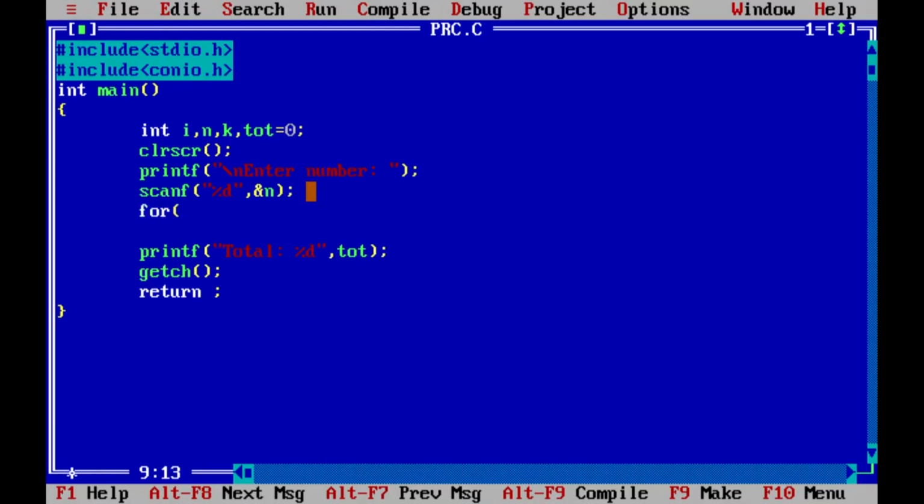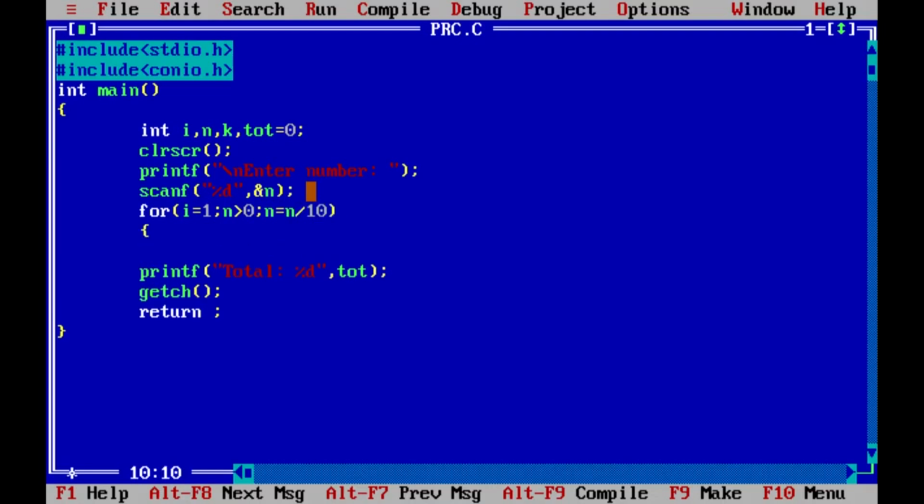For I, we will initialize the I value with 1. Now we will give a condition while n is greater than 0, and we will divide n by 10. Why we are dividing it, we will discuss now.